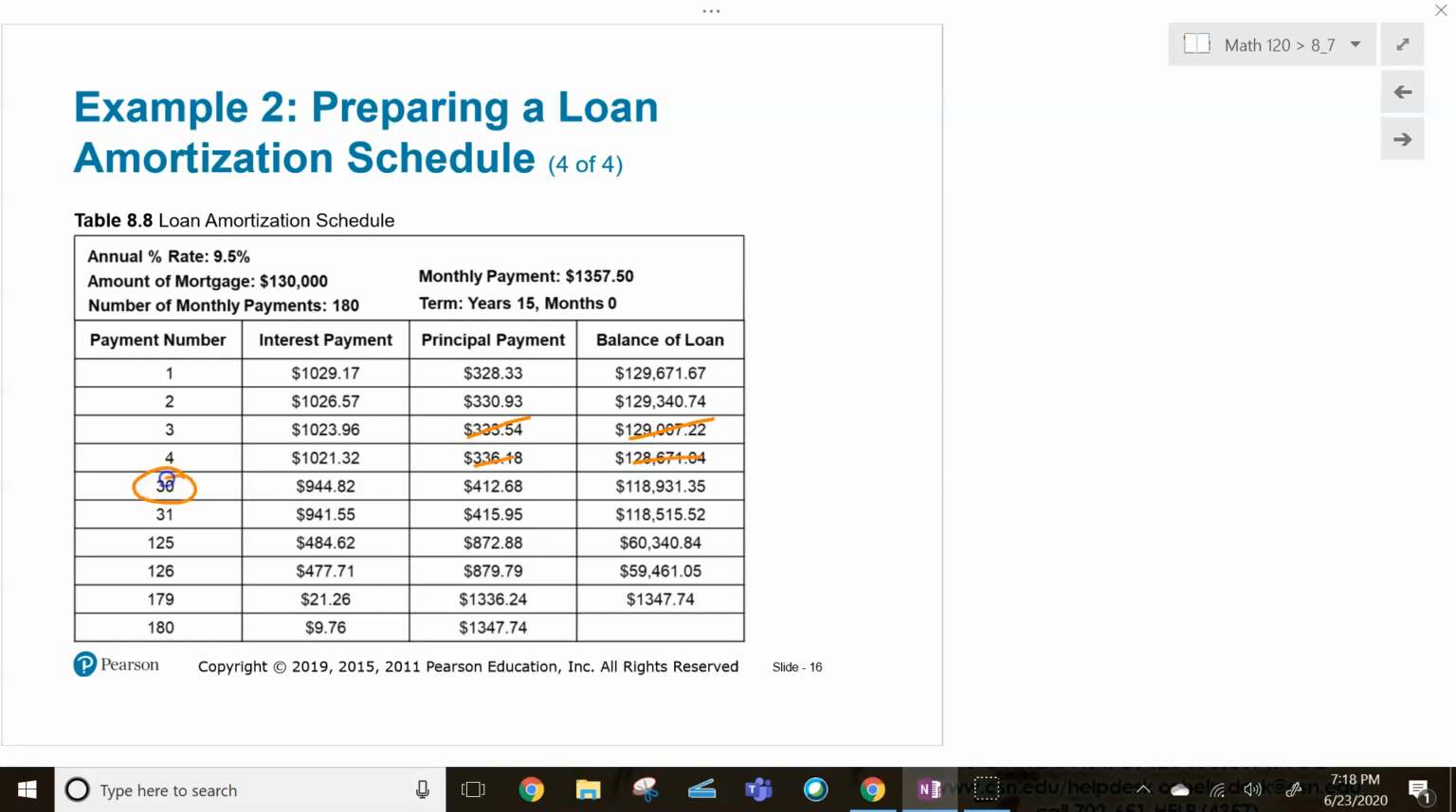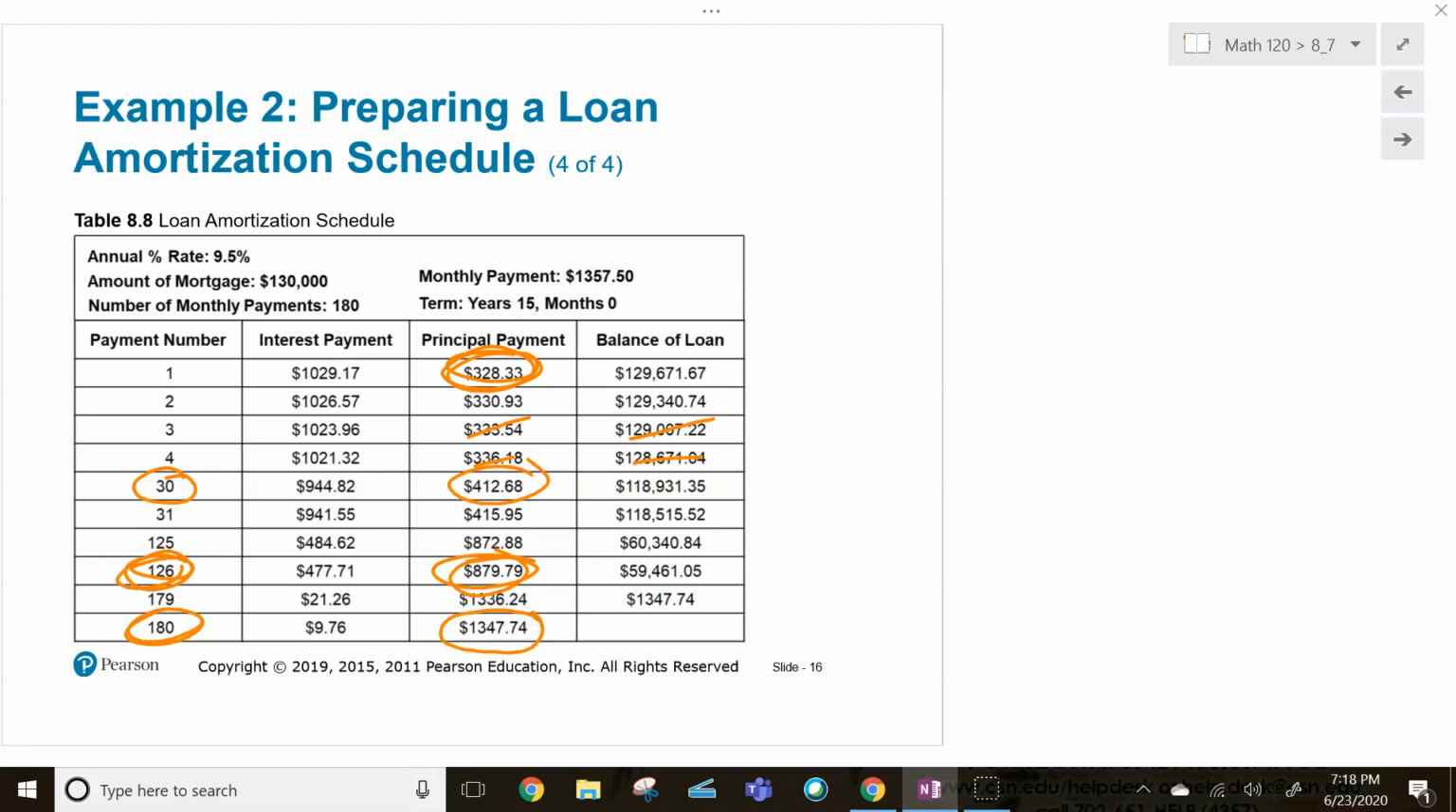By the 30th payment, so 2.5 years later, look at that. You're almost making $100 more in principal of what you're paying off every payment. At 10.5 years later, you're making 2.5 times, almost 3 times as much. What you're making on your mortgage is going down by compared to the first payment of $328.33. The very last payment you make, the 180th payment, the last payment in your 15th year,